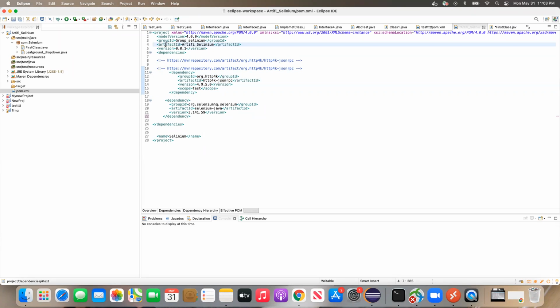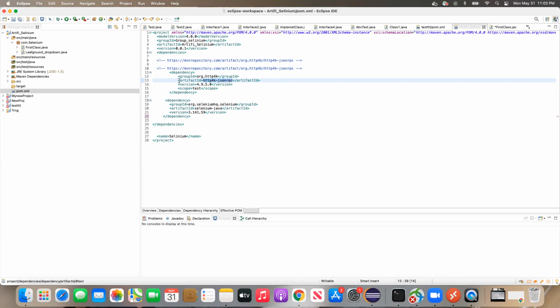Whatever the artifact ID is here, this is also the same kind of artifact ID. This project was created by Maulali, and the name I gave when creating my project is HTTP4K-JSON RPC. So this is also a project name, where some other person created this project, created a jar file and put it over there. So it is straightforward. It is also a project name. That's it.